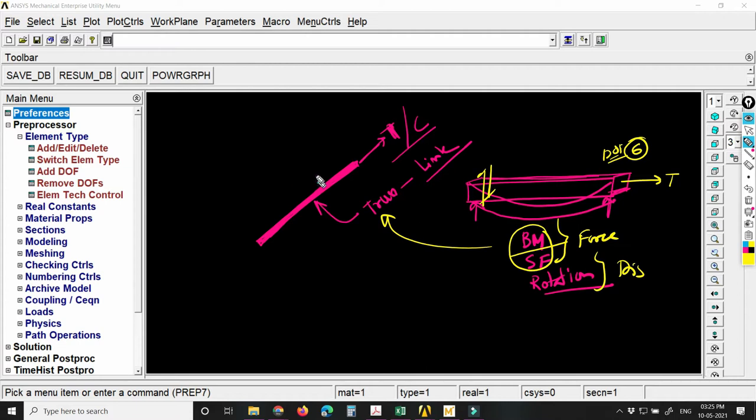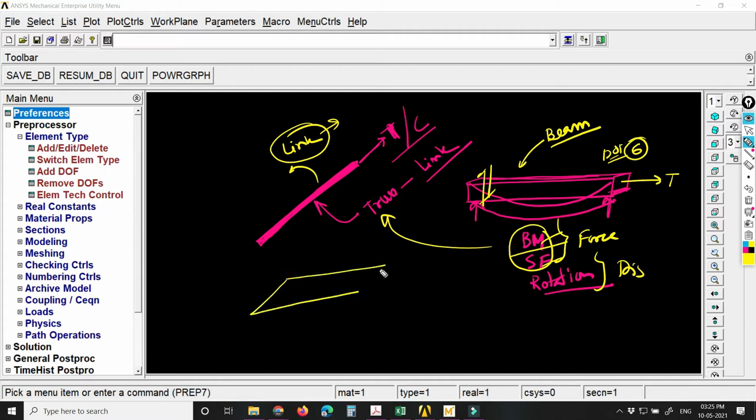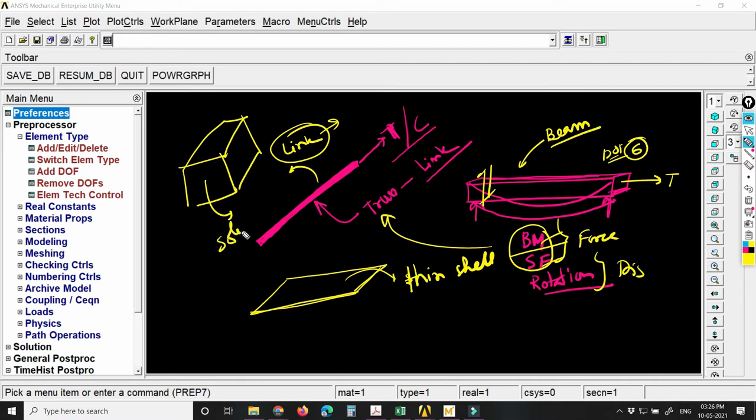So a truss can be modeled by a link, but if you want to model a beam, you have to use a beam element. You cannot model a beam with a link element, because a link element doesn't have the capacity to analyze bending moment and shear force. If you want to design or analyze a plate or a slab, you can use a thin shell element. If you want to model a brick or a solid, you can use a solid element.